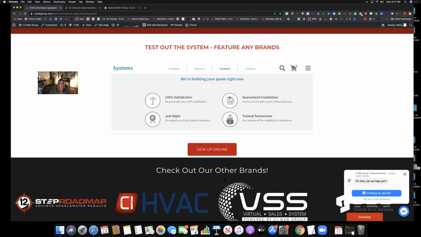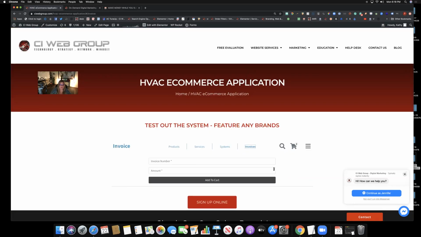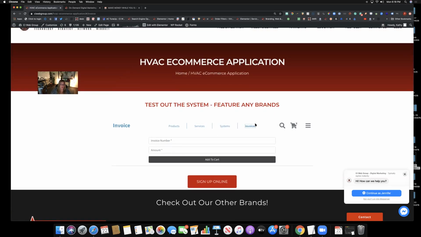Sometimes our clients will have these products displayed without installation, so product only with no requirements for it being local. So it just depends on your scenario. If you want to offer filters sold on a national basis, so anybody who finds your site, you'll put them on auto delivery, and you want products to be only with installation. It just depends on how you want to take this to market and how you're going to configure the system itself. And the final piece that is pretty simple is they can come here and click on invoices.